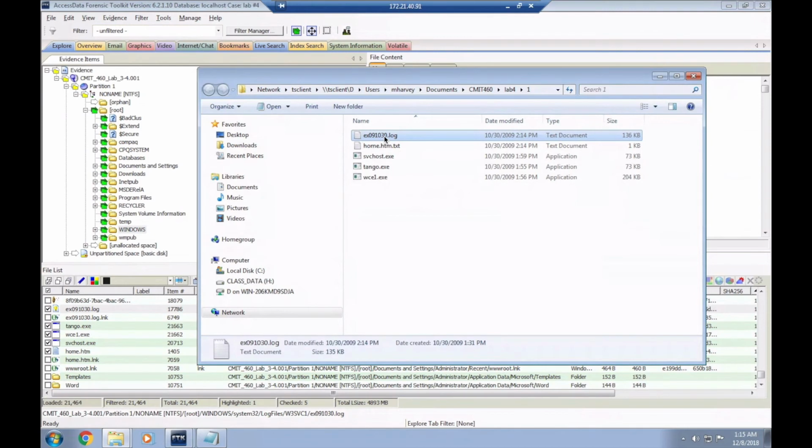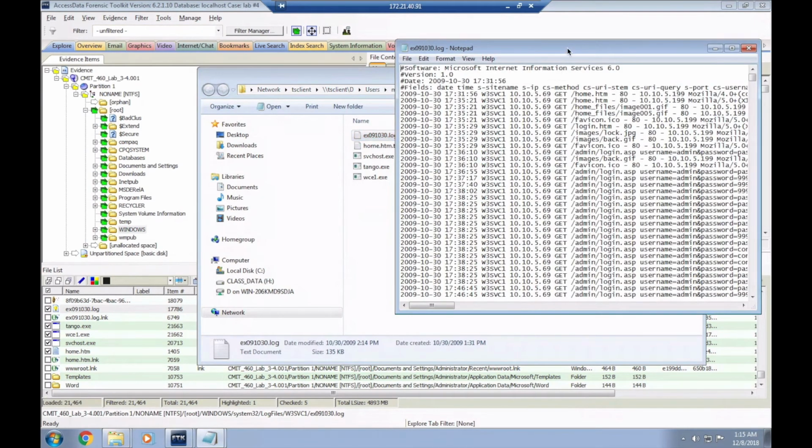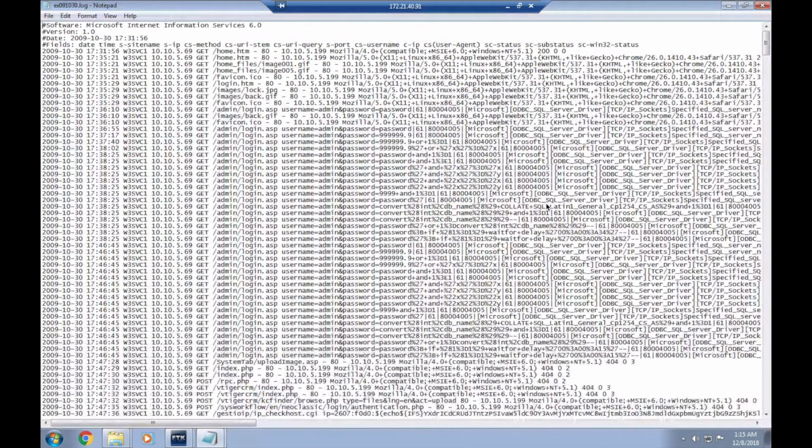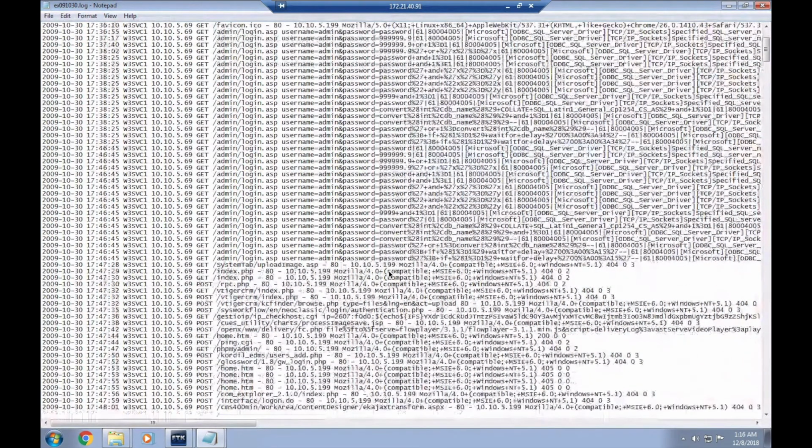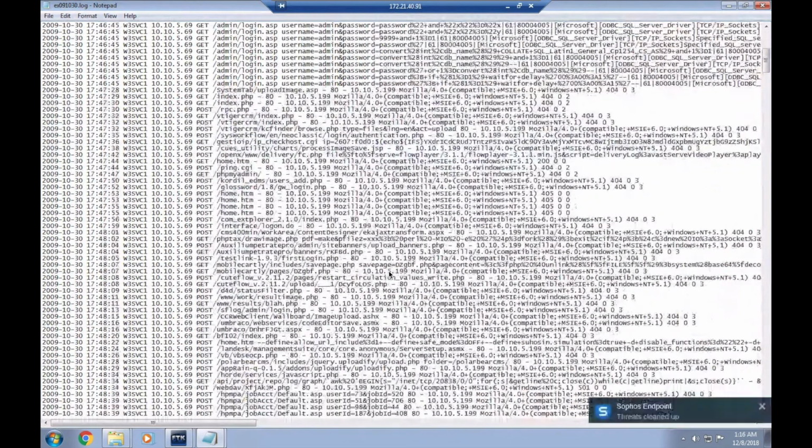Okay, but this log is what I was really interested in exporting, because here we can see all of the hits from the attacking machine. This is information about the server. So this is the server IP, and this is much easier than looking at it in Wireshark. People were looking at it and saying, "Oh, this guy's trying to guess passwords." He wasn't really trying to guess passwords. This was more of a web vulnerability scan. He was really running some kind of web vulnerability scanner,